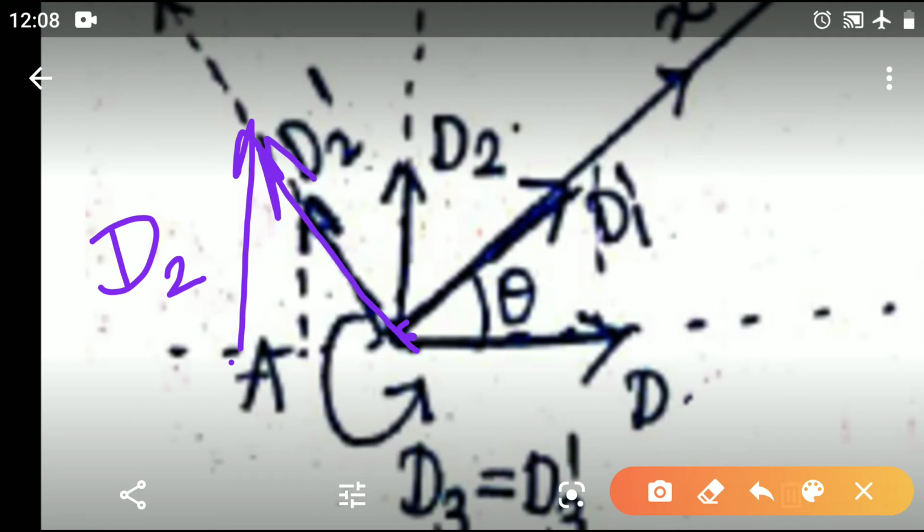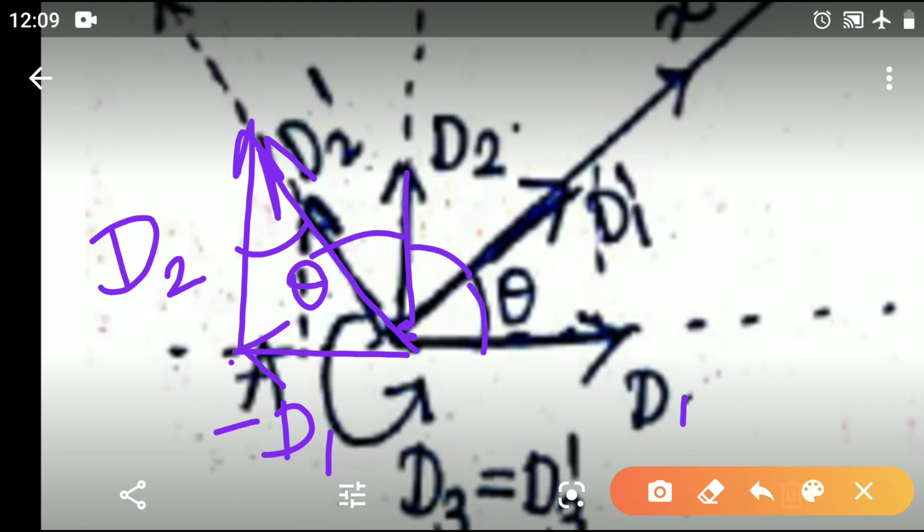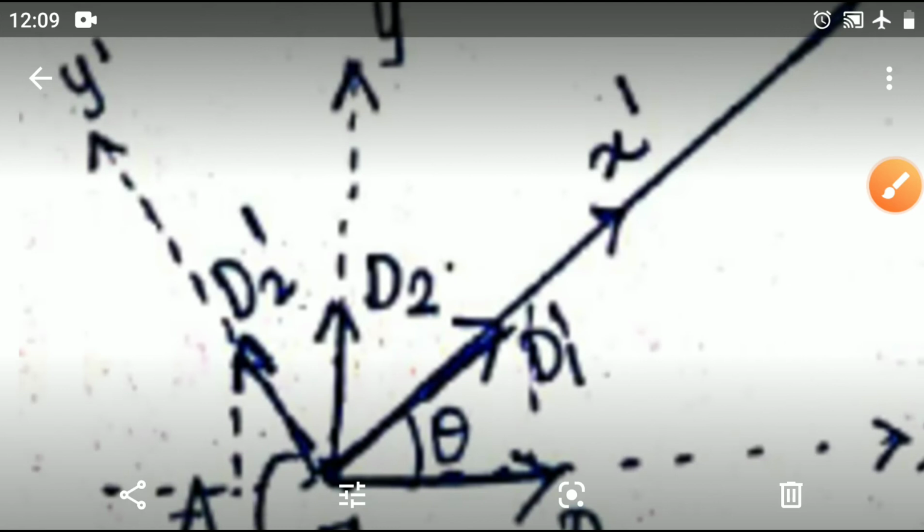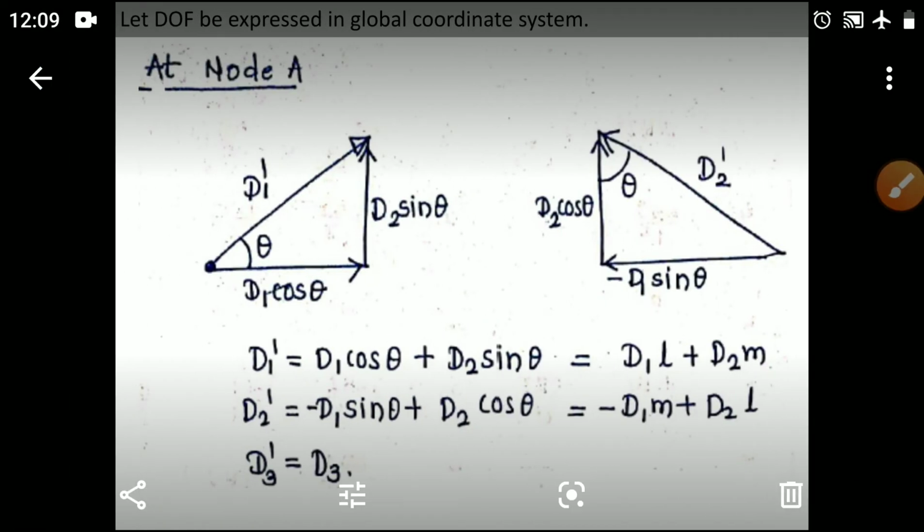Okay, this d2 is taken here, just shifted from this position to this position, just to make the figure of a triangle. This is the vertical side d2, this is the hypotenuse d2 dash, and this line, which is taken in the opposite direction, is d1, taken as minus d1, and theta is written here. Here is theta, this is 90 minus theta, this is again theta, and opposite, here it is theta. Okay, so that triangle is drawn here.